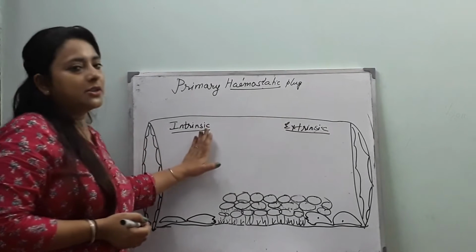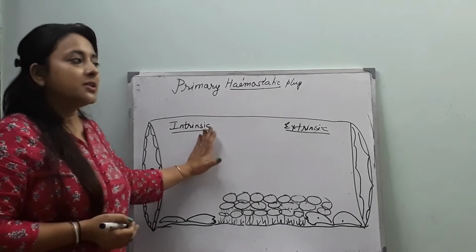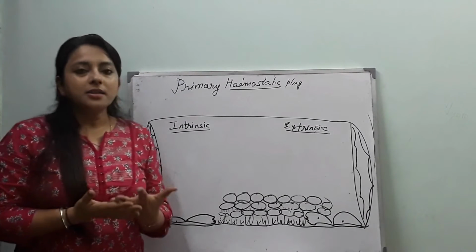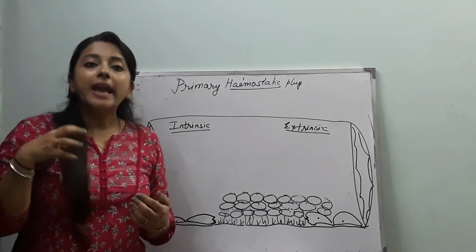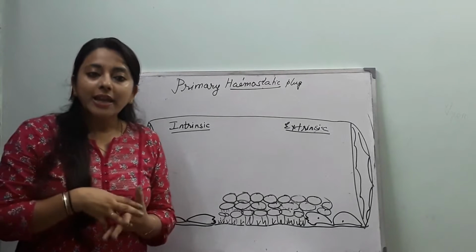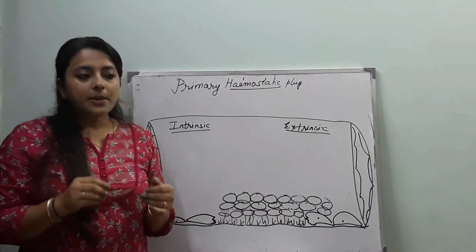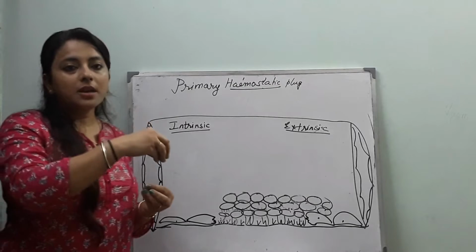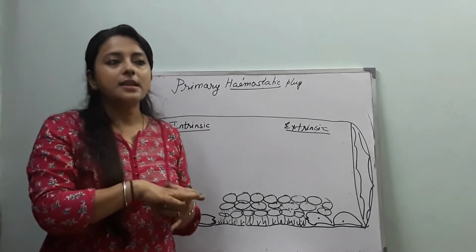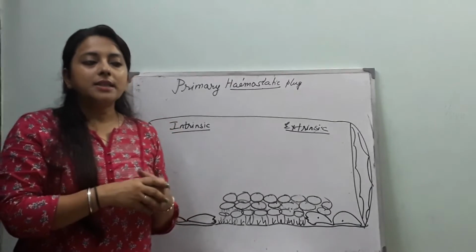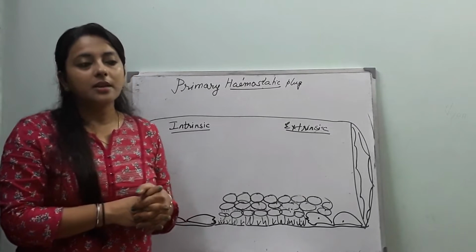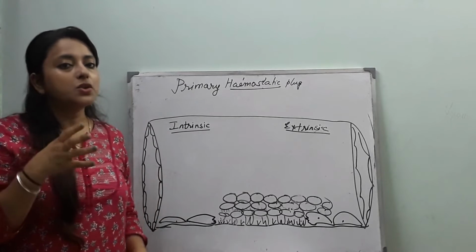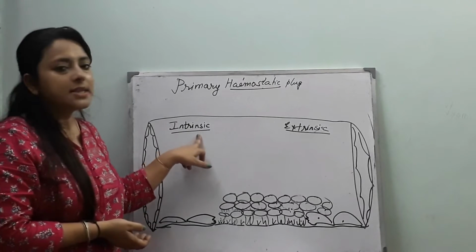What is intrinsic factor? Intrinsic factor is nothing but a factor where blood doesn't require any additional substance to coagulate. Suppose I take my blood from my vein and put it in a fresh or washed vessel, and I see that after some time the blood has coagulated. What does it mean? It means blood doesn't require any additional substance to coagulate. This is called intrinsic factor.